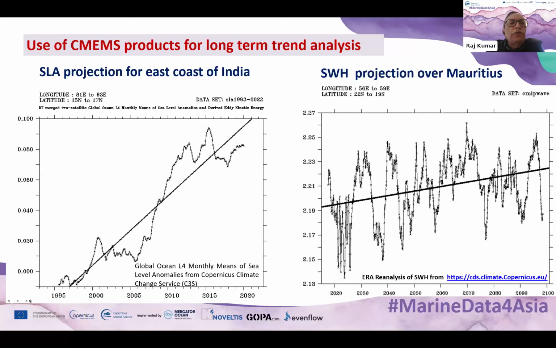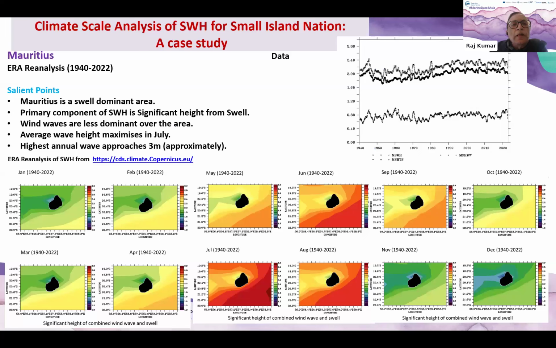Through this data, we have tried to see sea level anomaly on the east coast of India, as well as we wanted to do some study for the small islands near Mauritius. On the right hand side, you see the significant wave height projection over Mauritius, through this data, where we have used Copernicus data. Again, you see for Mauritius other data also that we have used, for different months. Earlier I was showing the overall yearly picture, but now you can see month-wise how this data looks, whether Mauritius is having Southern Ocean swells coming, and whether they have any impact in a particular month, because